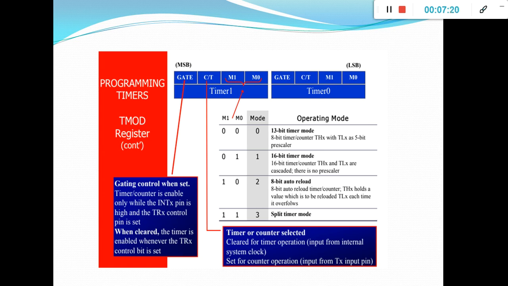Suppose you want to start timer 0, you have to write the instruction SETB TR0. If you want to start the timer for TR0, that is SETB TR0. I will show here how we are going to